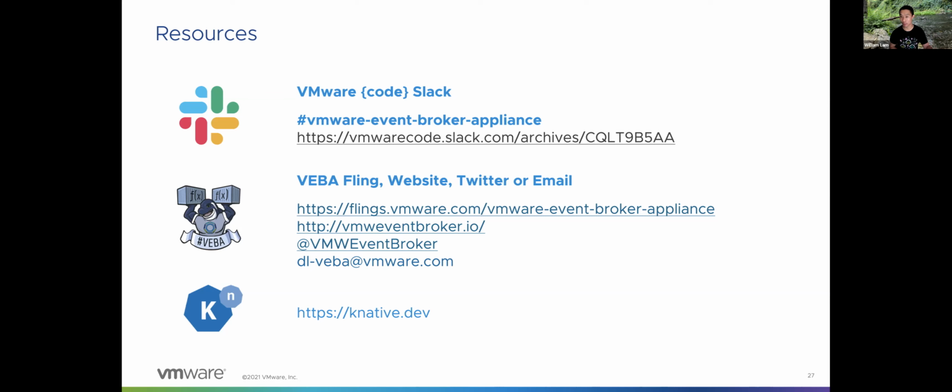Maybe it's destructive operations. Maybe it's just all your VM operations. We have a number of customers that are sending this to CloudWatch as an example, right? So that becomes their archival store. They can go back in time and look at literally the history of a VM. It got created by this particular user, it got updated, it moved from host A to host B. You can actually track all those events. And from VEBA's point of view, you can selectively pick all the events that you care about, right? And then forward that off.